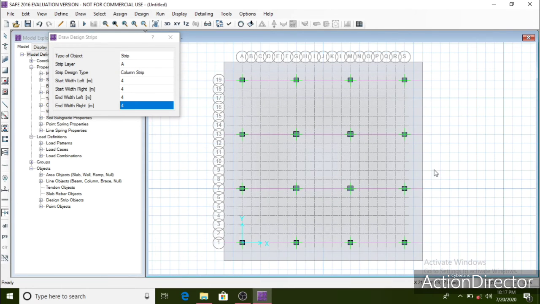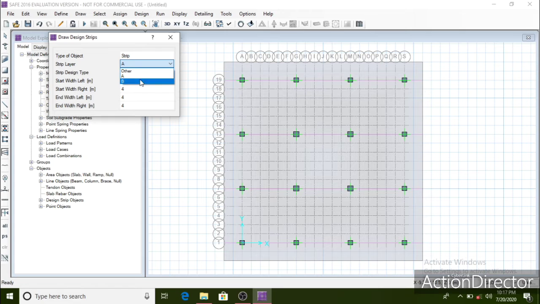Now let's draw the design strips in the y direction, that is design strip layer B. Just change the strip layer to B. The widths will be the same, that is 4 meters.